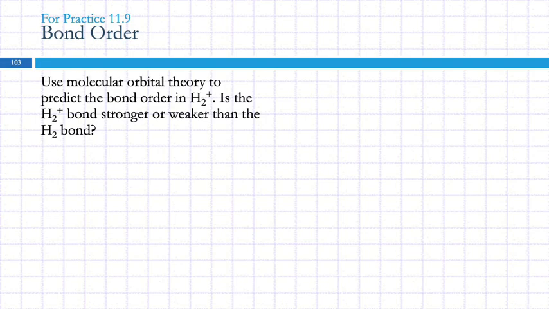Okay. Use molecular orbital theory to predict the bond order in H2+. Is that bond stronger or weaker than the H2 bond? So, if you remember, the bond order for H2 was 1. So that's what we're going to be comparing it to. So here I've got the 1s orbital for 1 hydrogen. And here I've got a 1s orbital for the other hydrogen. And so when these combine,